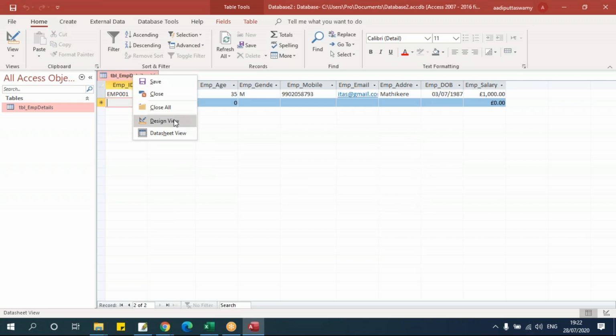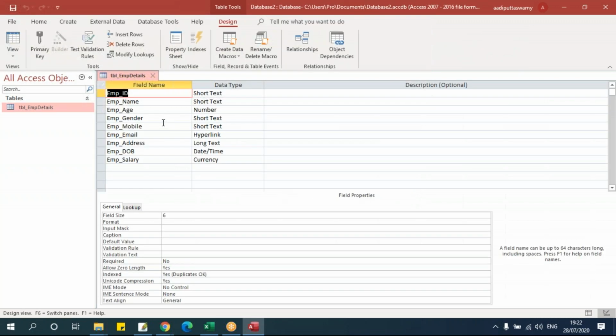We'll go to design again. Here, what we should do is this employee ID, we'll make it as a primary key. Primary key means it is a main key in a table, which will actually make sure that we'll have unique IDs or say unique values in that column. The reason is this table is a master table, means it is actually used by another table for reference. That is, it is taking the value from this IDs. So what we'll do, we'll go here, we'll make it as primary key.